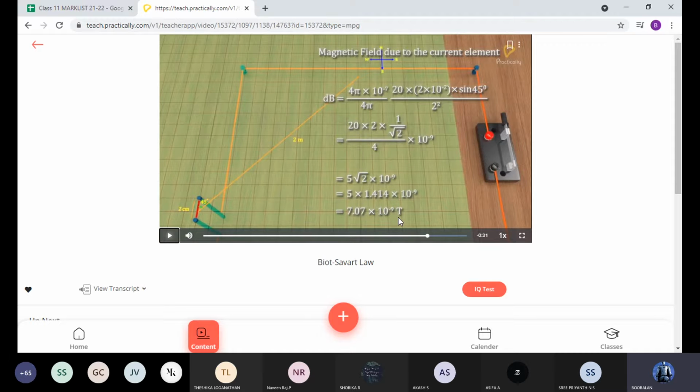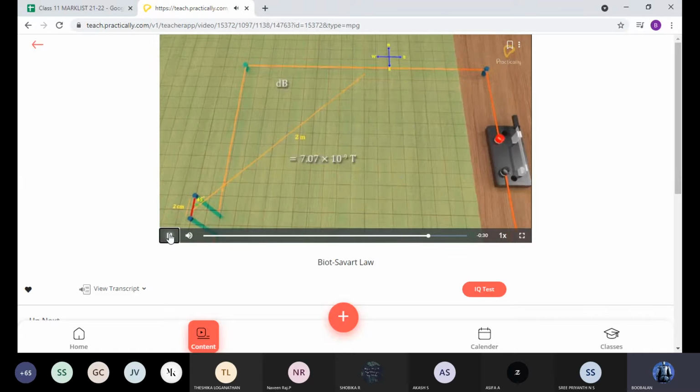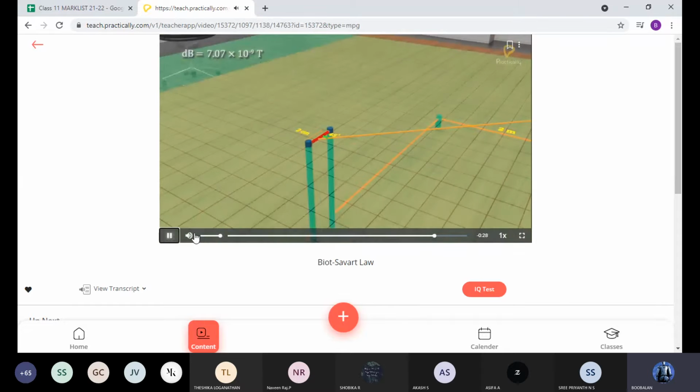So maximum sine 30, 45, 60, 90. This is enough to get good marks. And 120 also. In this area, sine theta, cos theta values are a must. Bio and CS students, kindly remember the values. The direction of the magnetic field as per the right-hand thumb rule is into the plane.